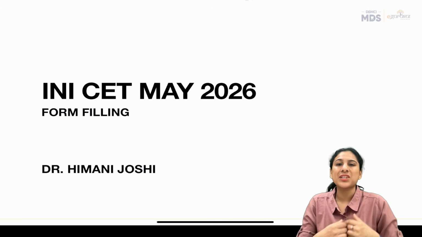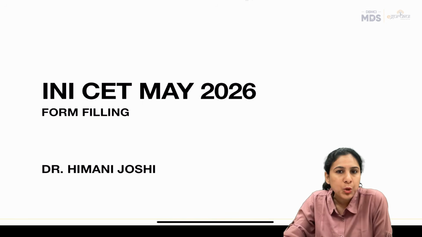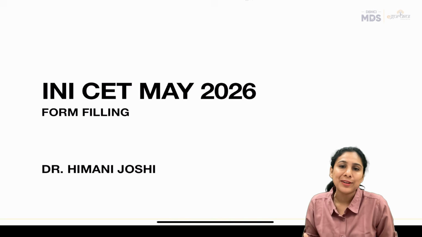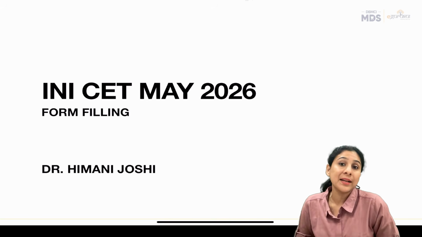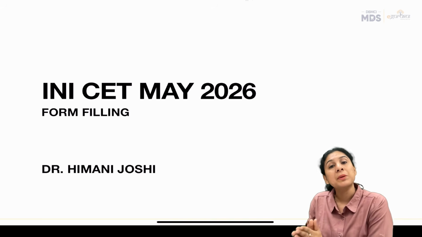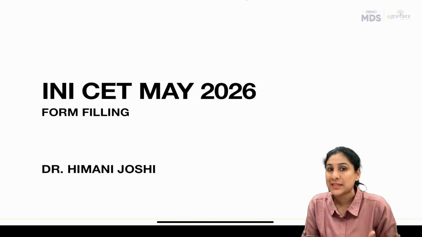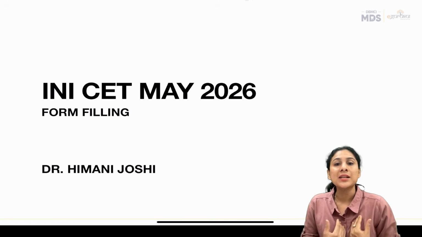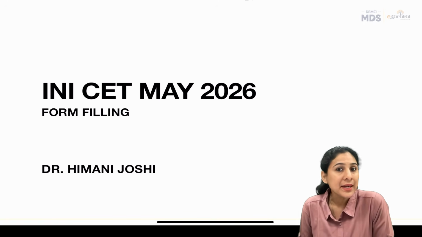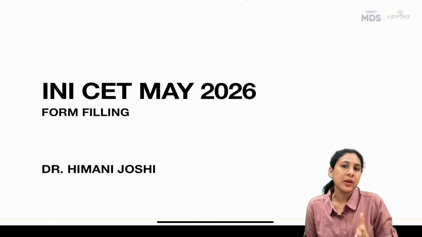So what is the stipend? When do you have to fill the thesis? What is the leave protocol? All that is relevant when you're selected there, and when we have to make a choice of which college to choose. So part B prospectus is the individual prospectus of the institutes that are participating in INI-CET. For us, it is AIIMS and PGI Chandigarh. What is more important to you is part A prospectus, which tells you everything.